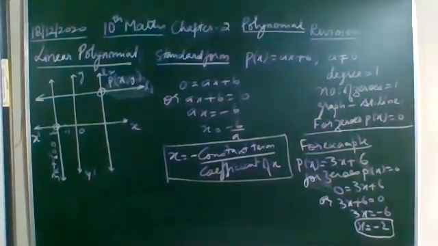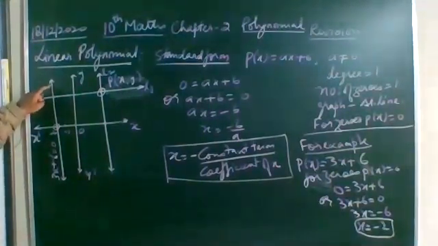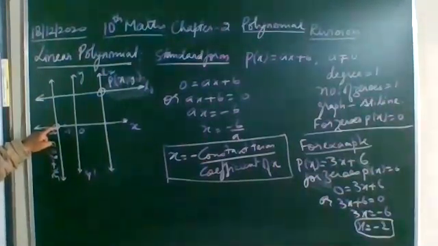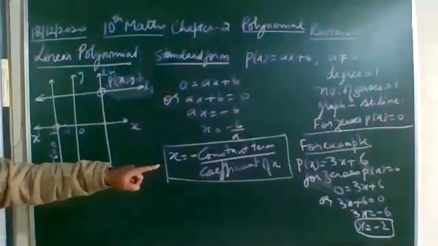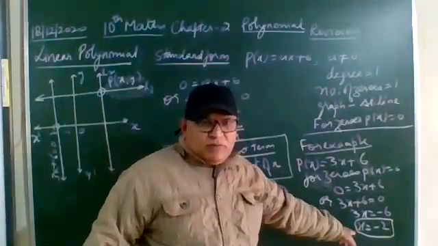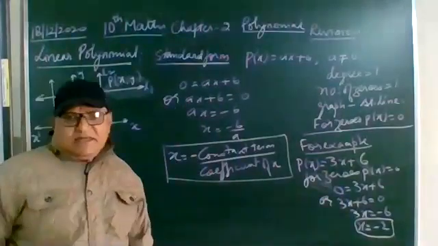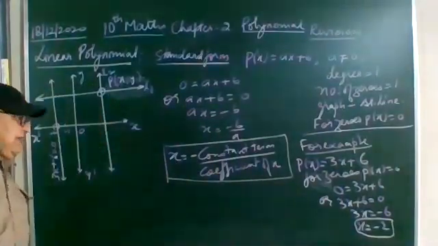Now if I say find the answer directly, the x variable is there in the expression. So what will you say? The point where the line cuts the x-axis will be the solution. This line is intersecting the x-axis at -2. So the solution will be -2. I calculated it and got x = -2. Directly you can answer the question if it is objective type.